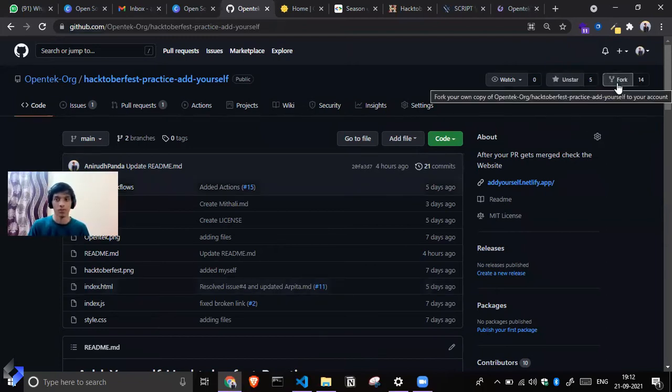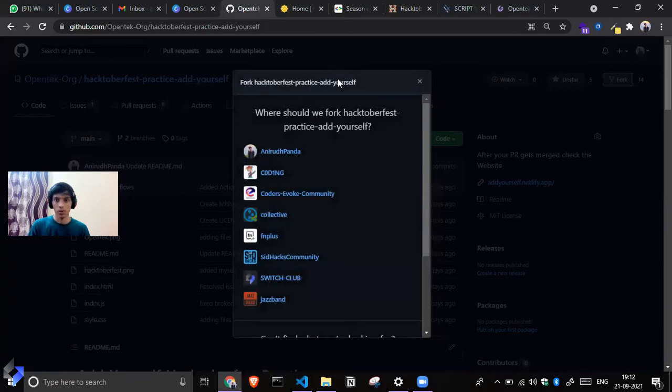first task is first we'll fork it. Because we can't just clone it and work on it. So we have to fork it, so it's to raise a PR. So let's fork it. If you have a GitHub account, fork it in your own account.